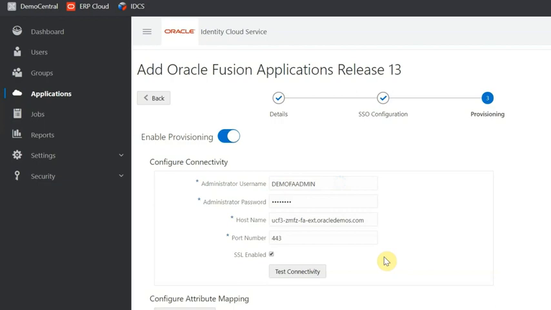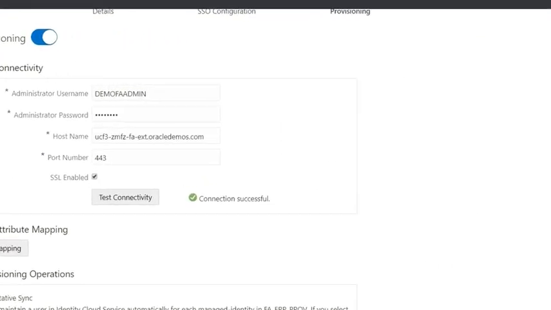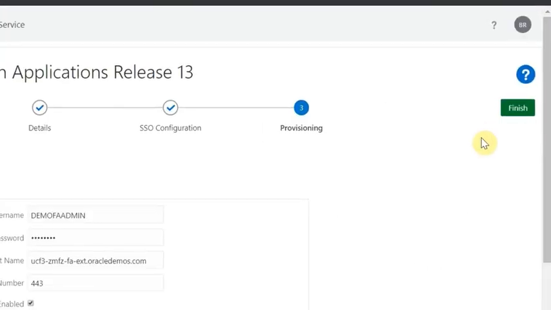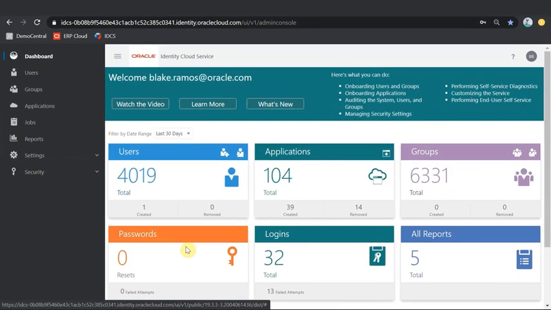Once you see a confirmation message, you are all set. Click Save. Now click Activate and then click OK in the confirmation window. IDCS displays a message that your Oracle Fusion apps has been activated.